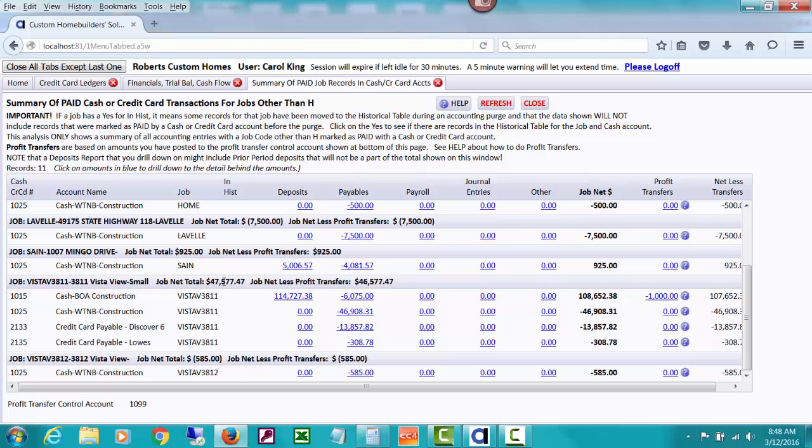And it's going to come up with a job net total of $47,577, which is actually all of these totaled together, which might be deposits, payables paid, payroll, journal entries that might affect cash, etc. And then after that, totals here, which is what this total is, we've had some other videos about how you